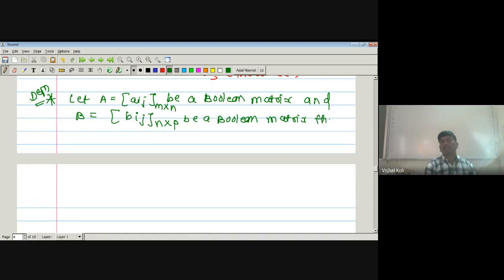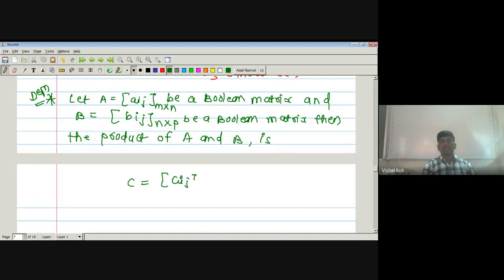Then the product of A and B is the matrix C, which contains all Cij and is a Boolean matrix of order